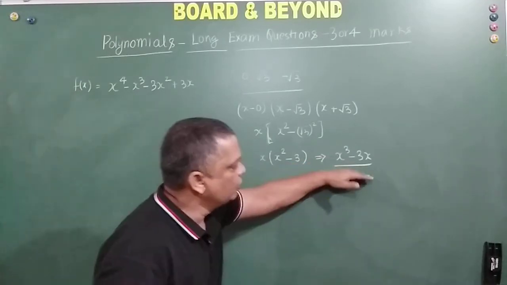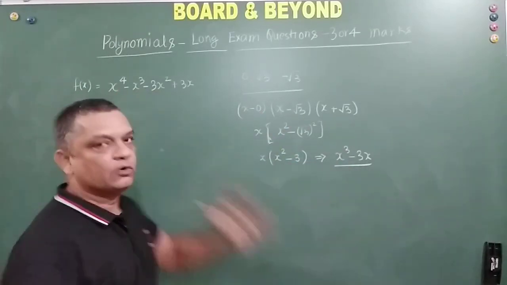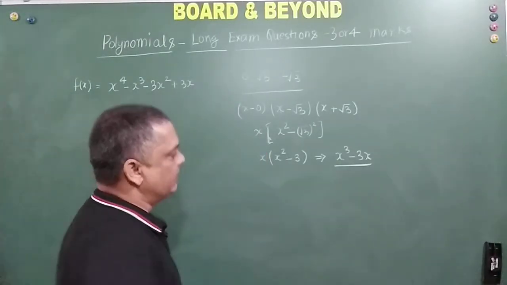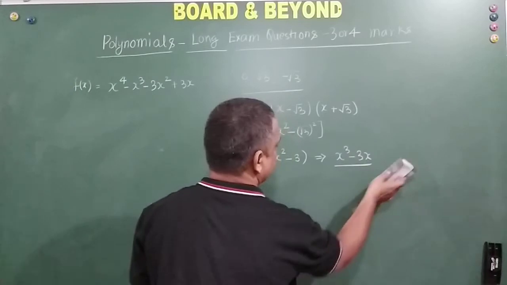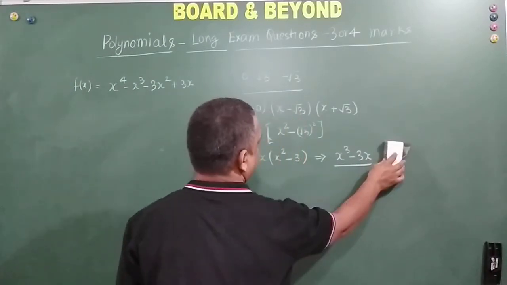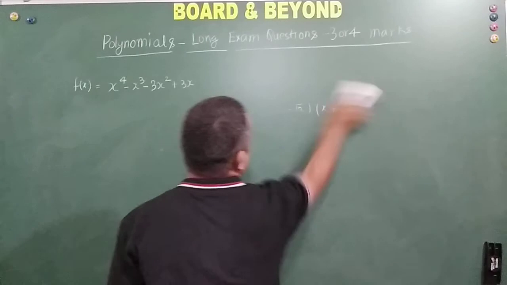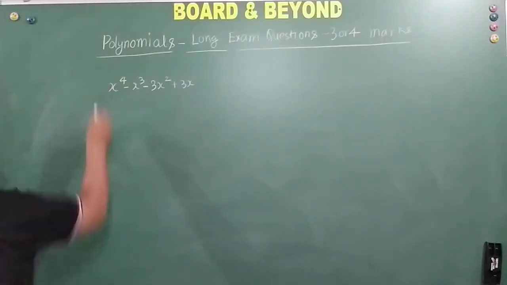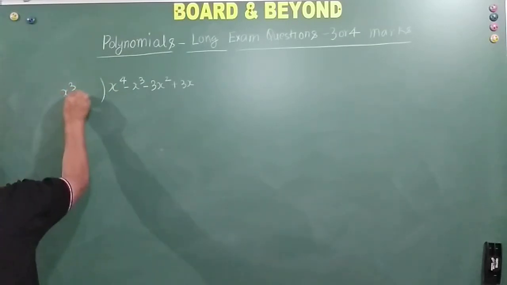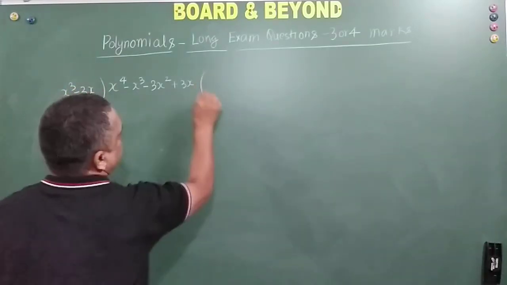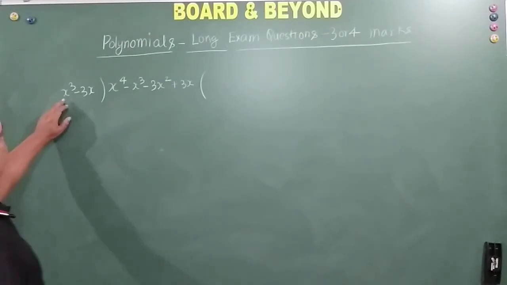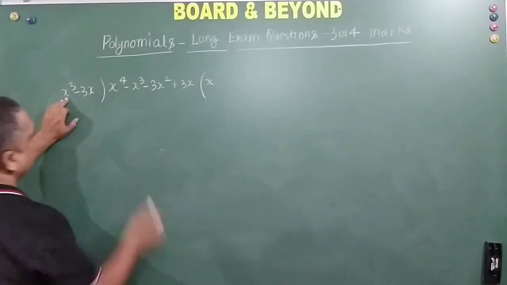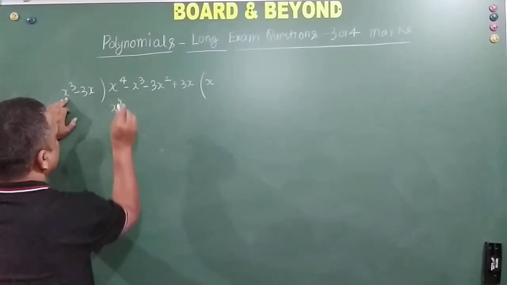Since the degree of this polynomial is lesser than the degree of the other, we will go for a division algorithm. And definitely this degree will be less only because these are the factors. Unless it is less, it cannot divide. We will divide by x cube minus 3x. The first thing I want to do is get x to the power 4, so I'll multiply with x. Yes, x raised to power 4.